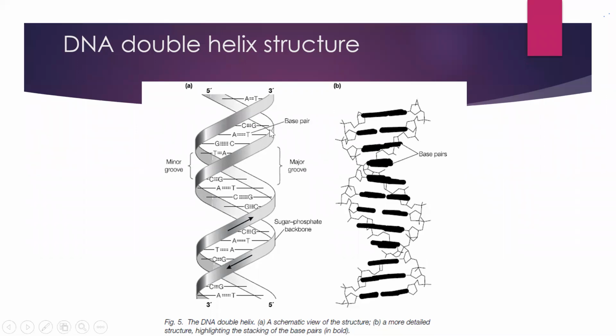In addition, you would also see the minor groove and major groove, which are formed between the backbone structure of the DNA. And here, this diagram shows the stacking of base pairs in the center of the helix, one above the other. So I think we discussed most of the points. Base pairs here are stacked one above the other in the center of the helix. Both the strands wound around each other following the helical path, which will result in the right-handed helix, right? And they are anti-parallel to each other.